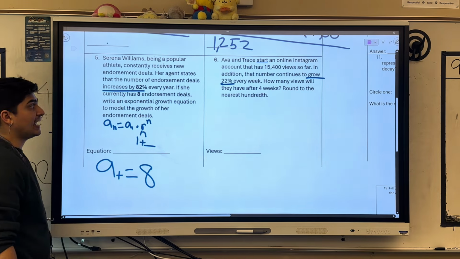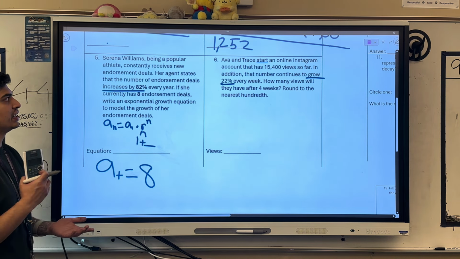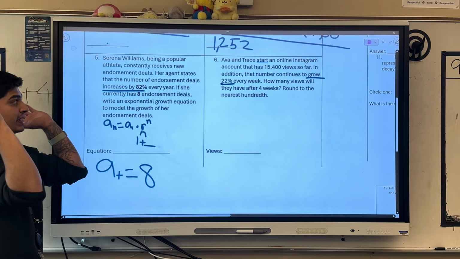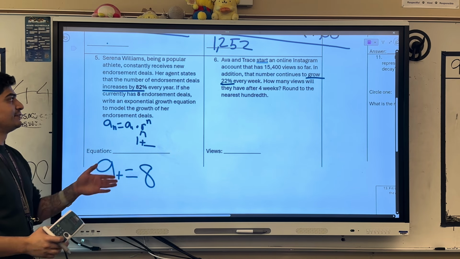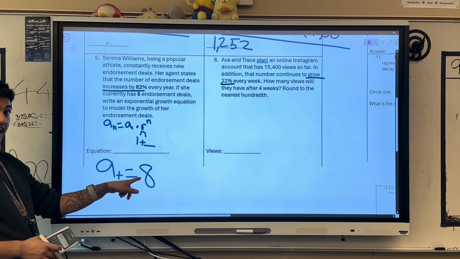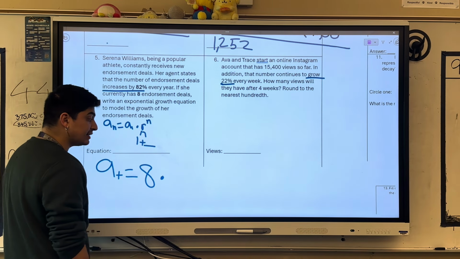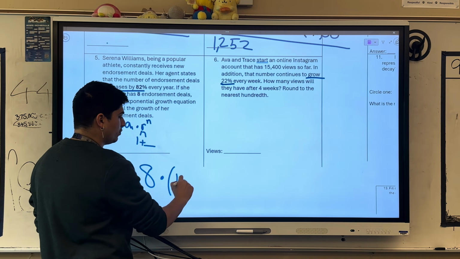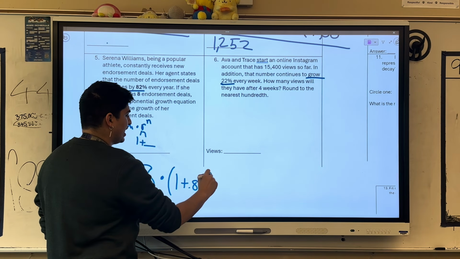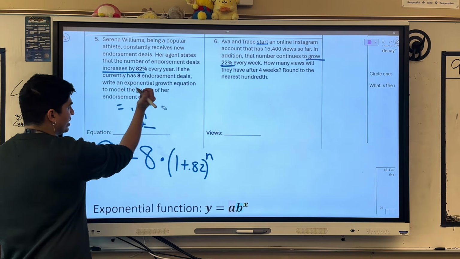She is at 8 endorsements, right? So Serena Williams, being a popular athlete, consistently receives new endorsement deals. Her agent states that the number of endorsement deals increased by 82% every year. If she currently has 8 endorsements, write an exponential growth equation, right? So she's currently at 8, and she is growing by 82%. So 8 times a growth of 100% plus 82% to the nth power, where we don't know how many years. So the final answer for this would end up being,